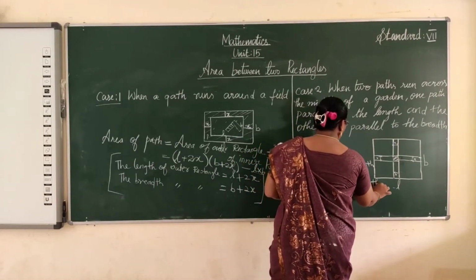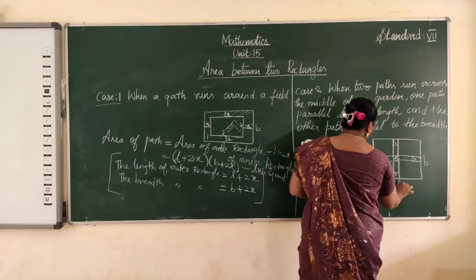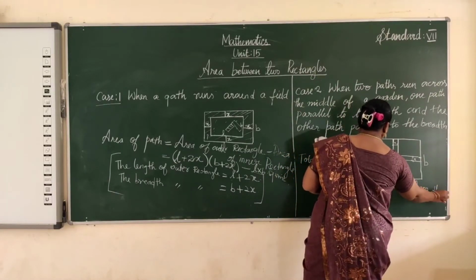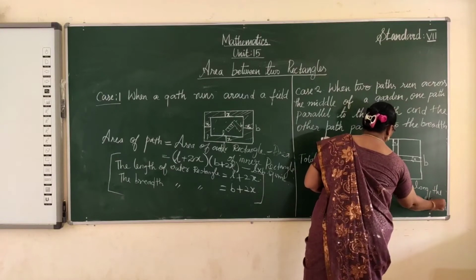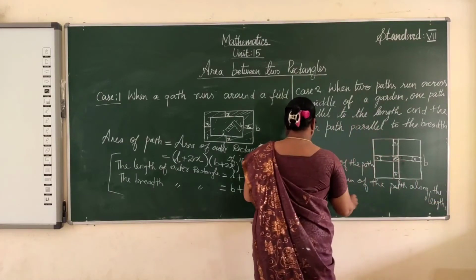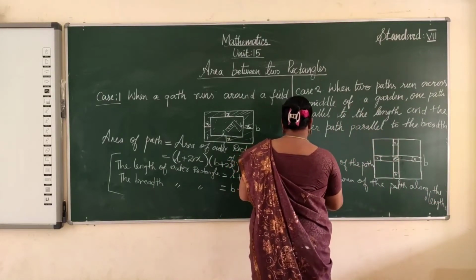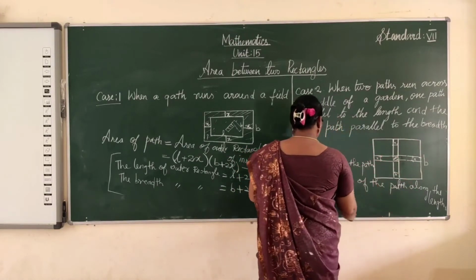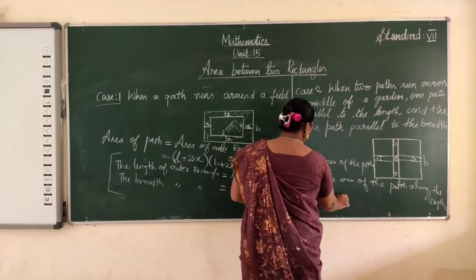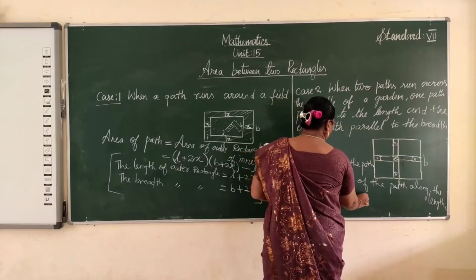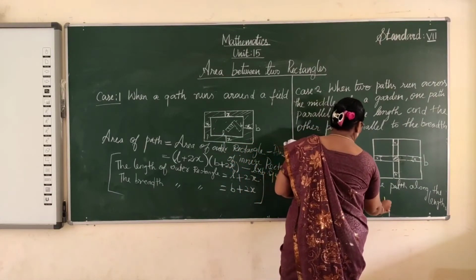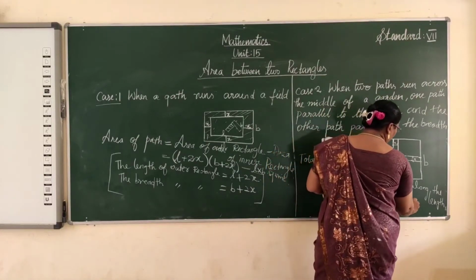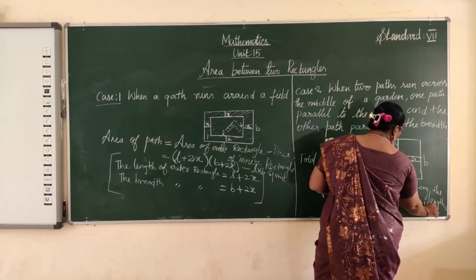the path along the length, plus the second one, parallel to the breadth. So the area of the path along the breadth,